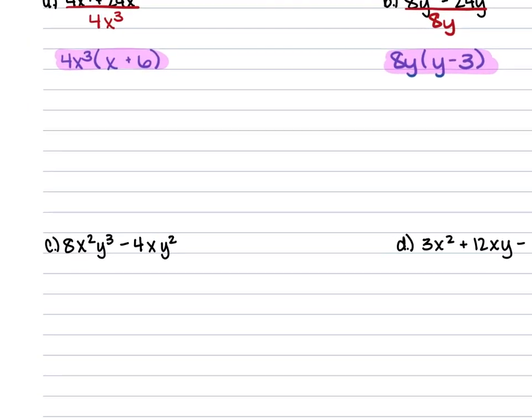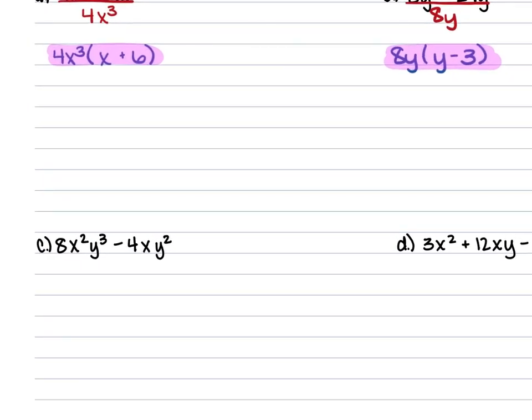Example C gives us 8x squared y cubed minus 4xy squared. So with this one, you have 8 and negative 4. Their greatest common factor is 4. Then x squared and x, so x, and y cubed and y squared, so y squared. So we're factoring out the